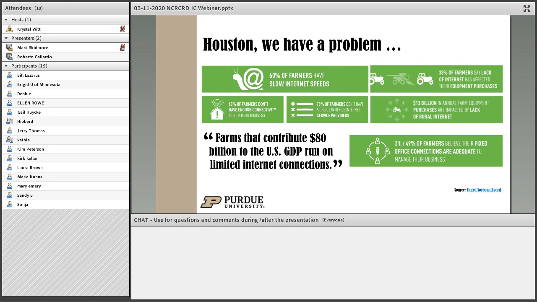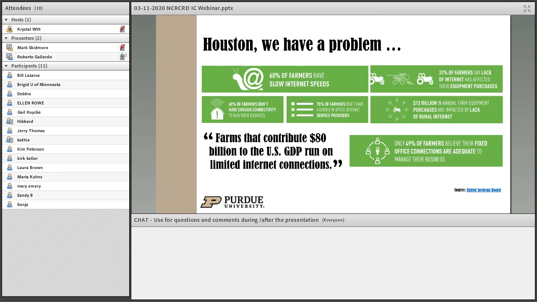So this is really interesting. However, we have a problem, right? And as you all know, rural broadband infrastructure is a problem. Internet adoption rates in urban areas is also a problem, especially among those low income areas. But this is just unacceptable. In 2020, our farmers are struggling to connect, and they contribute, farms that contribute 80 billion to the U.S. GDP. They run unlimited internet connections. 1/3 of them said that lack of internet affected their equipment purchases. Some purchase equipment with all the bells and whistles, and they can't truly leverage this because connectivity is